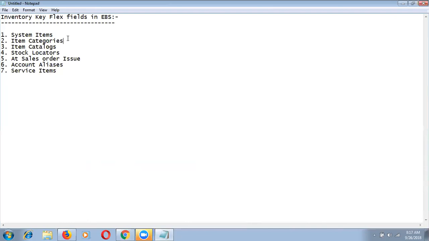And item categories. With the help of the item categories key flexfield, we will decide how we want to maintain the item category structure. With item catalogs, we will decide the item catalog structure. With stock locator, we will maintain the stock locator structure, the row, rack, bin structure. Then the sales order key flexfield. What is the significance of the sales order key flexfield in EBS? Why I am